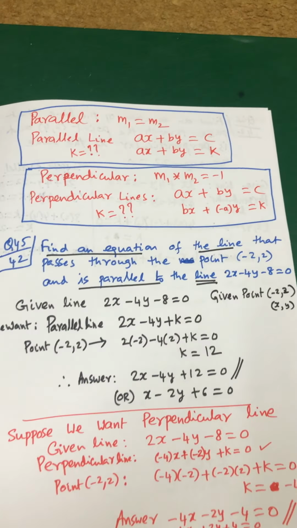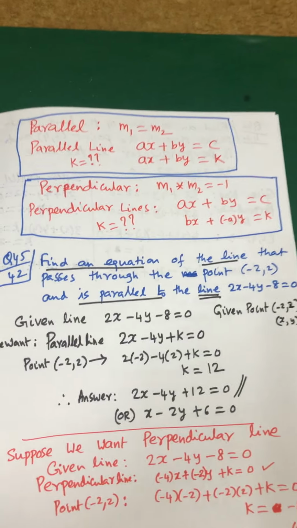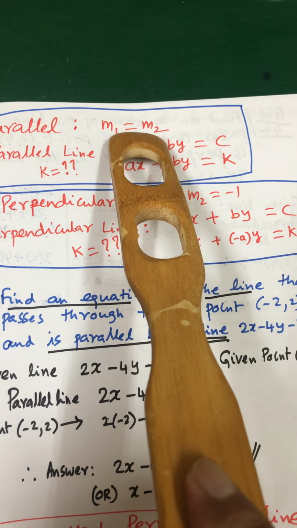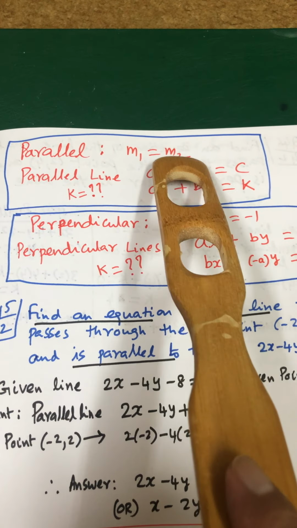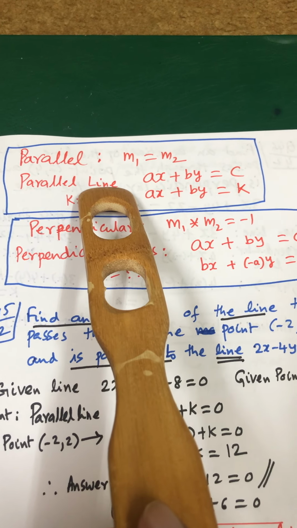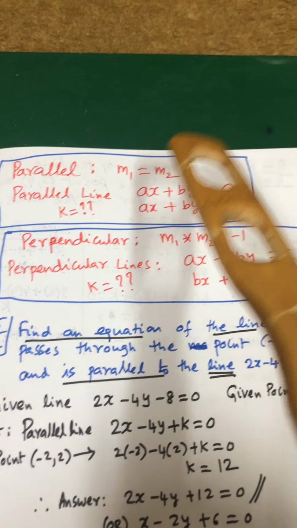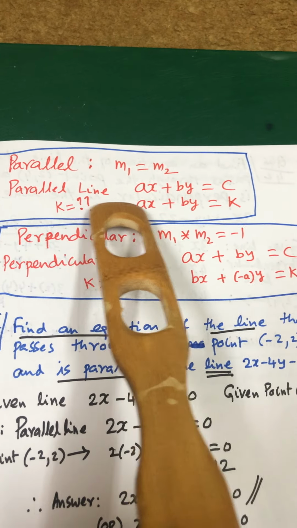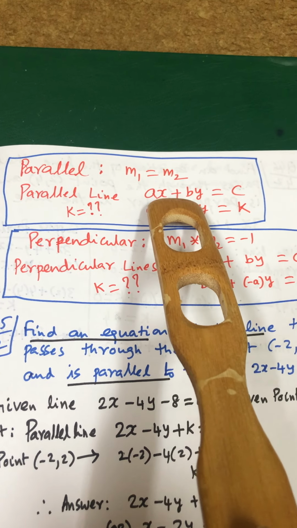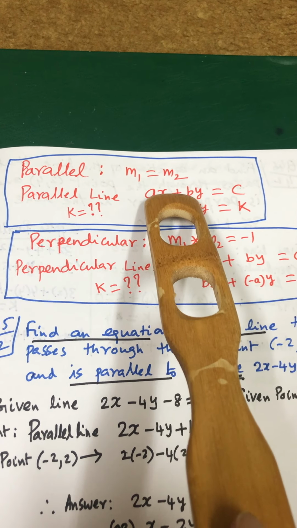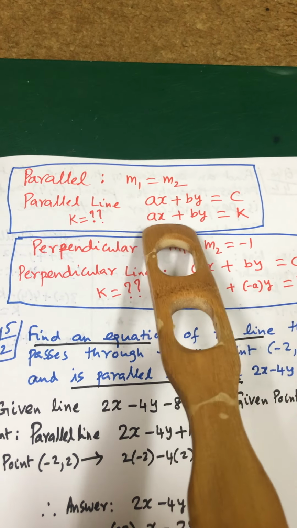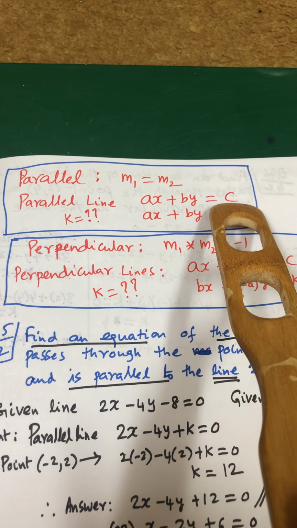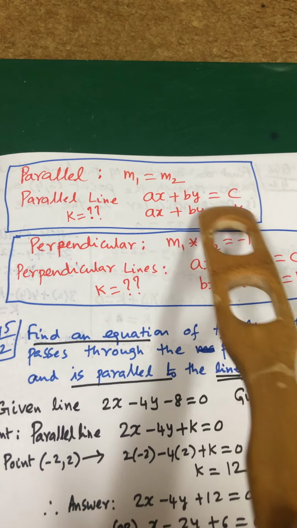Now once again, remember your old class. What is the old class? When lines are parallel, slopes must be equal. When they are perpendicular, the product of slopes will be minus 1. Using this, how to change the equation? Suppose the question is, I give you one line, and you find another line which should be parallel to the given line. ax plus by is equal to c is the given line, and we want to find the parallel line.